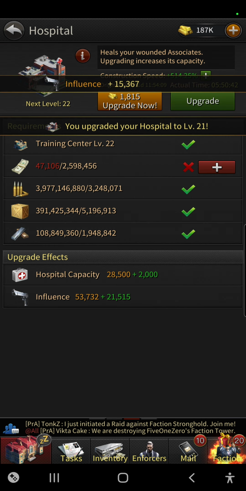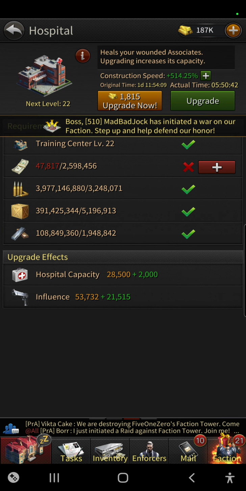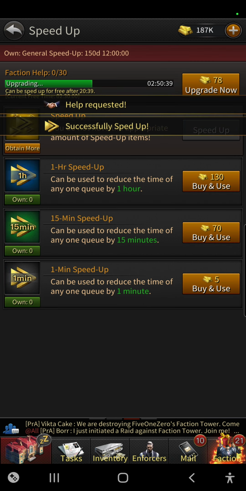So for the whole beginning of Governance War, I was in Diamond Labs mode because I was training troops and all of that for Governance War, for all the events, and right now I'm